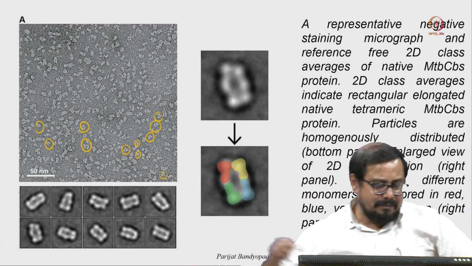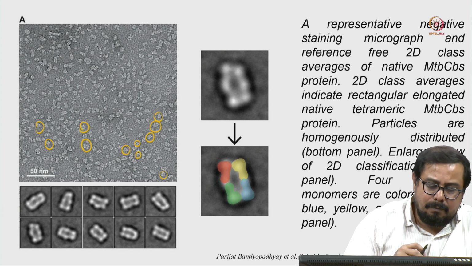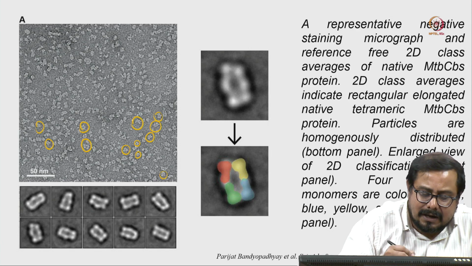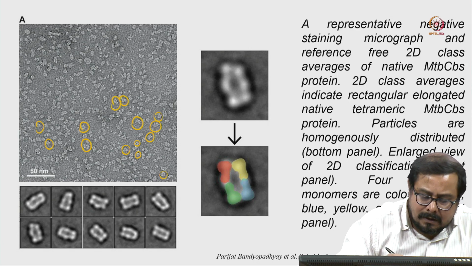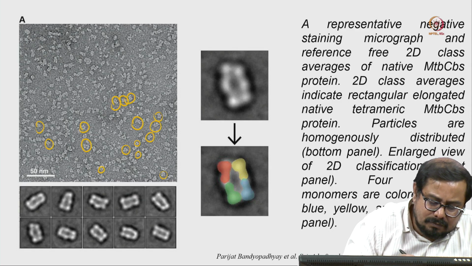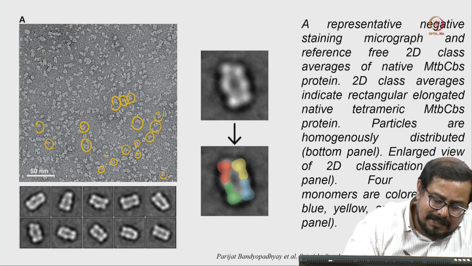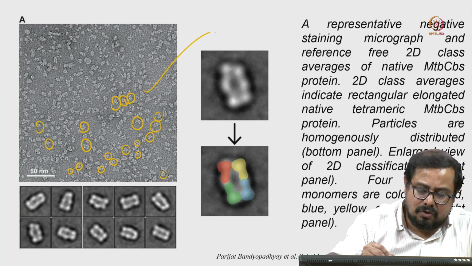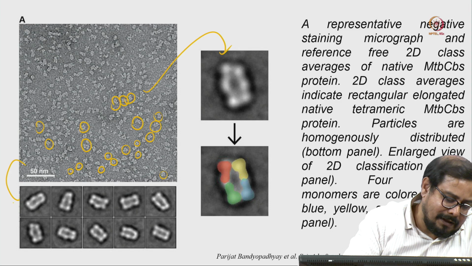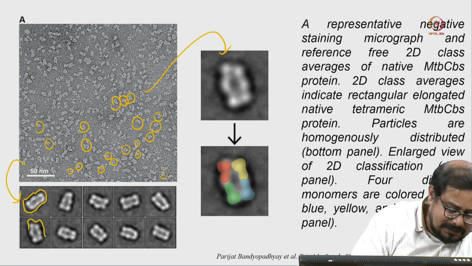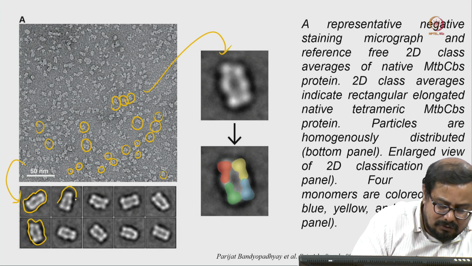Exactly the same thing is happening here also. If you pay attention, here you can see some rectangular shape proteins, but at the same time there are some small proteins here. That is the different orientation of that protein. If we look at this one, it is showing you the same rectangular shape of the protein, and you can see one side of this protein, which I was showing using my phone.